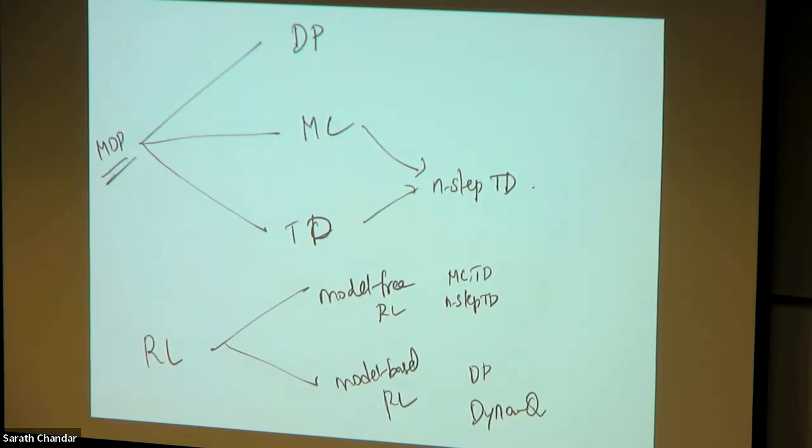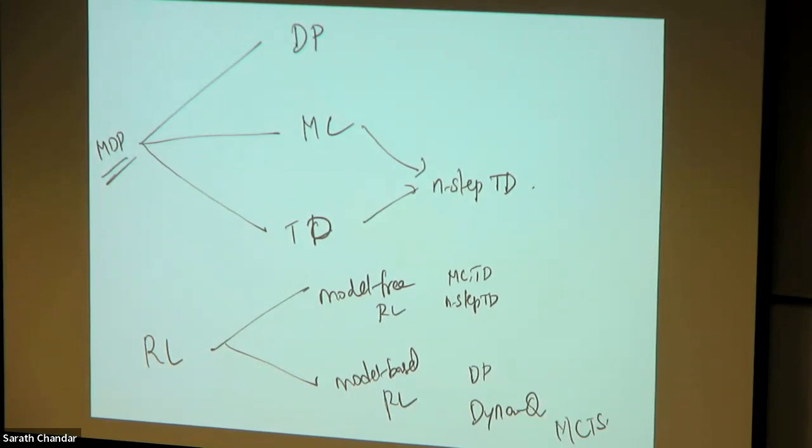The other algorithm that we have seen is methods like Monte Carlo tree search, which is not model-based in the Dyna sense, but you have the model of the world and you're using the model to look ahead in the future before taking an action. So this involves planning ahead, right? You plan what should be the next step by looking at the whole tree of possibilities. Is that clear? Any questions so far?